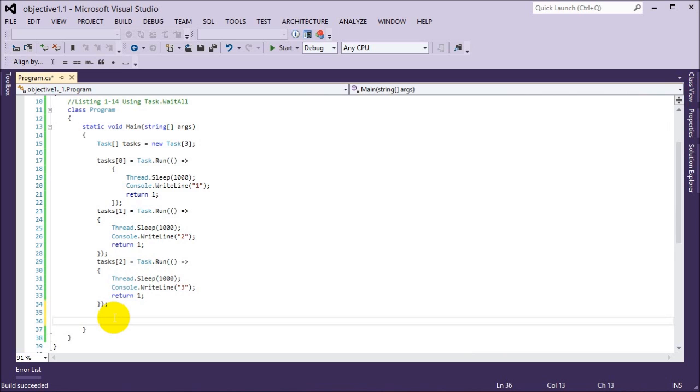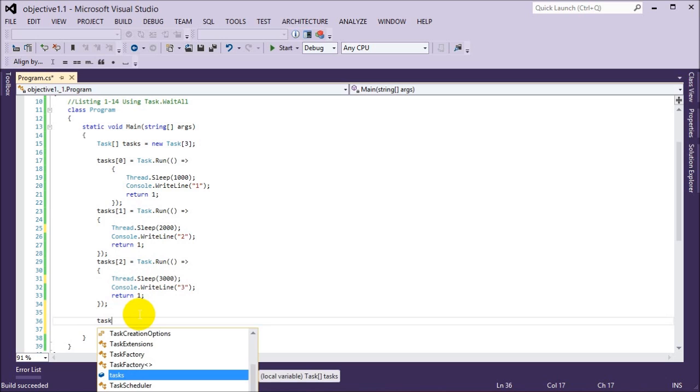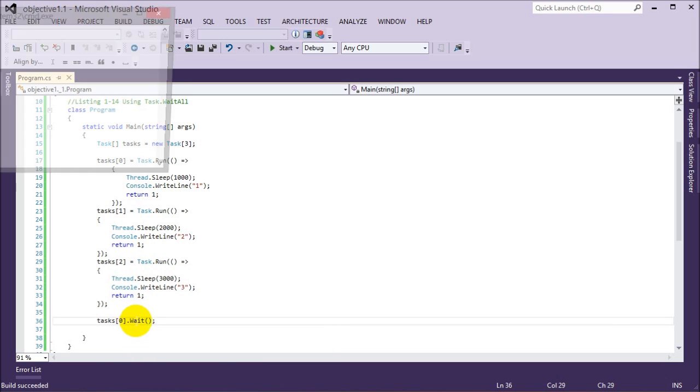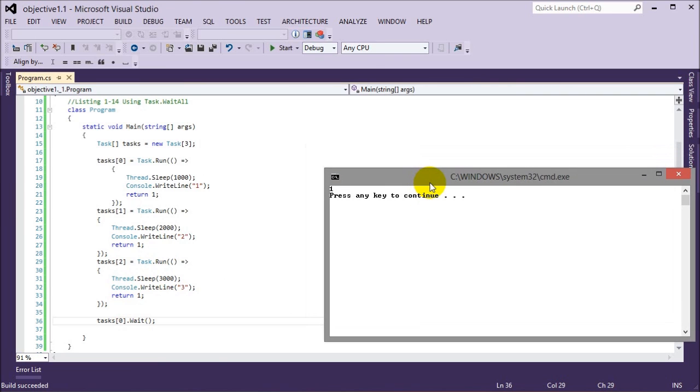But if I want to wait for them all, I could, let's say, for instance, wait for one of them. They all are sleeping for 1 second, so they would most likely all display. But if I made this one 2 seconds and this one display after 3 seconds, and I tried tasks[0].Wait and ran this code, it runs the first one, it waits for the first one, and then the program closes